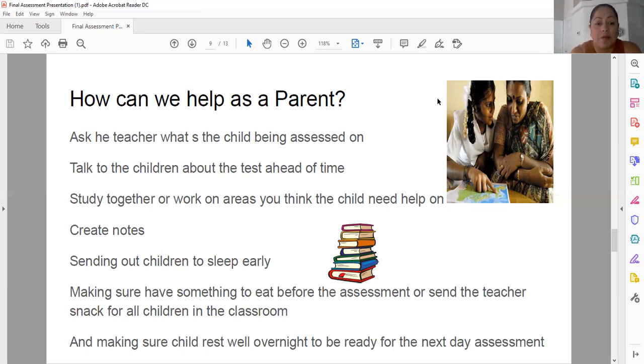If you know that the child is going to be having a math test, maybe do some study or work on areas you think the child needs help on. Create some notes for the child. Send the child to sleep early to be well rested for the next day. Make sure they have something to eat before the assessment. Or you can also send some snacks for all the children in the class, for your child and for other children in the classroom. And like I said, make sure that the child rests well overnight to be ready for